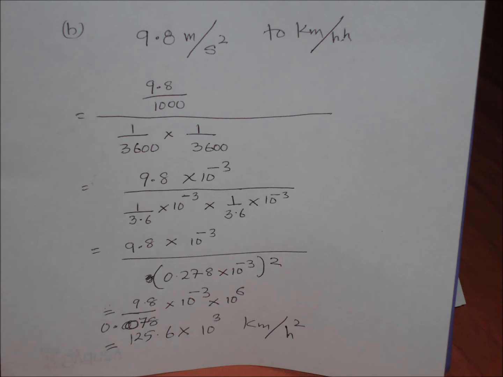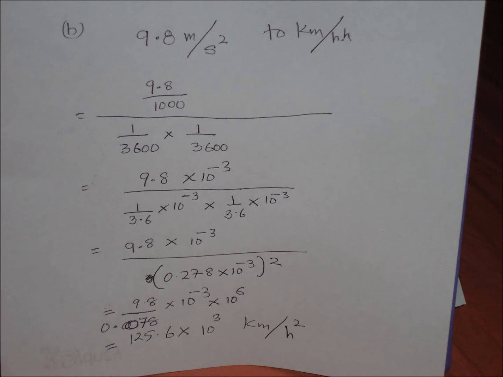Same thing as the numerator 9.8 times 10 to the minus 3, but the 0.278 squared is 0.078,